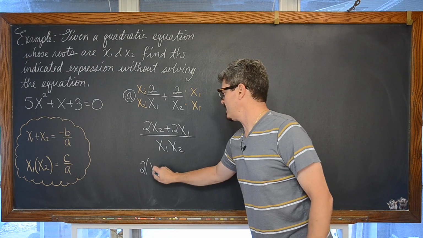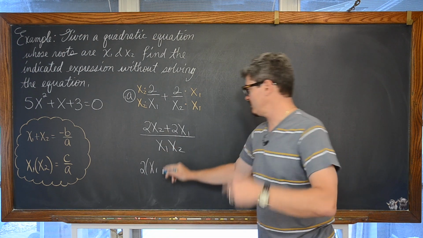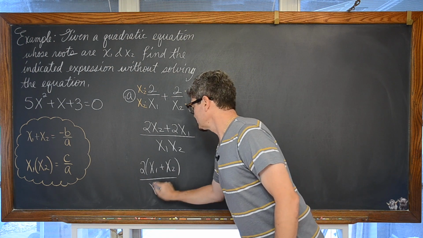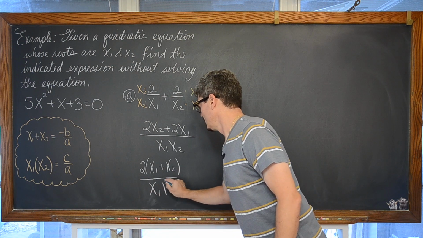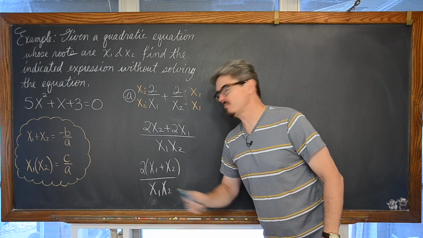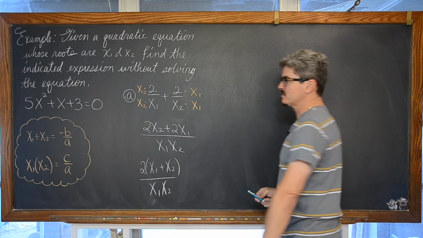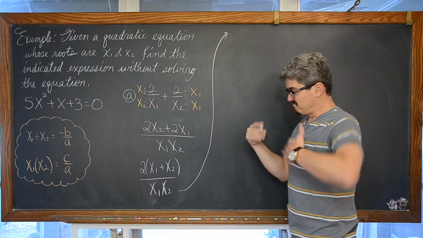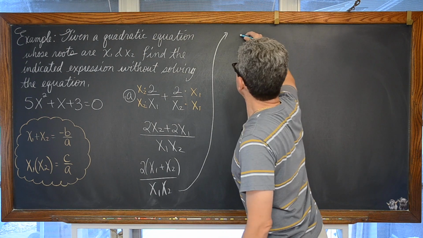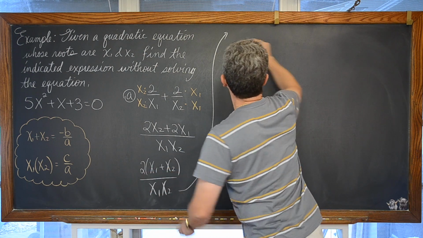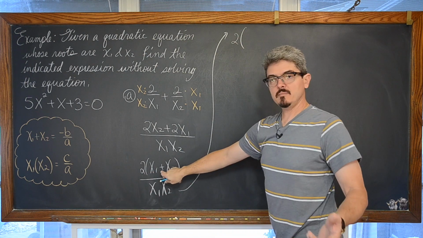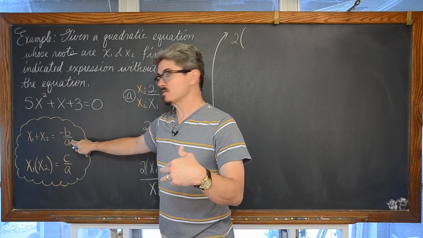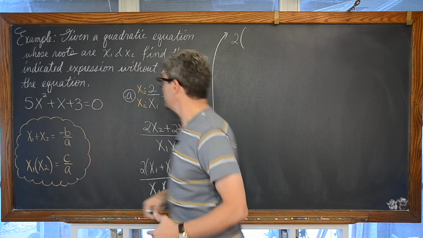So 2 times x sub, now this is addition, so it's commutative. I'm just going to turn this around. X sub 1 plus x sub 2 over x sub 1 times x sub 2. And there's our sum and product of our roots for this quadratic. So we're ready to substitute and just simplify what's left. We have 2 times the sum of our roots, which is the opposite of coefficient b over coefficient of a. So it's the opposite of 1 over 5,